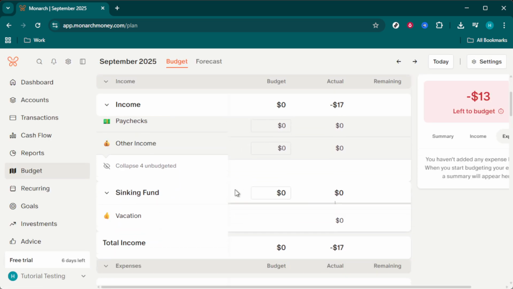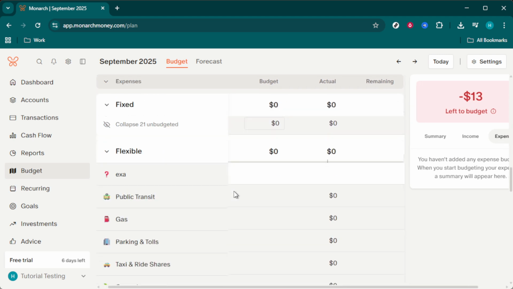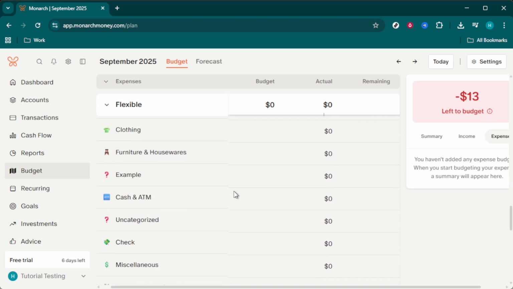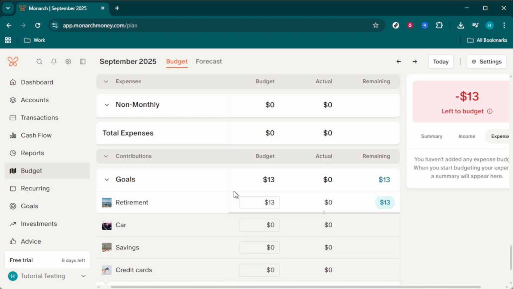Whether you're a seasoned budgeter or just getting started, staying organized and personalizing your budget categories is key to managing your finances effectively. Be sure to explore some of the other features Monarch Money offers to get the most out